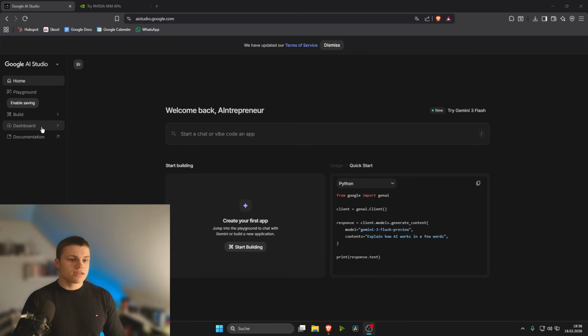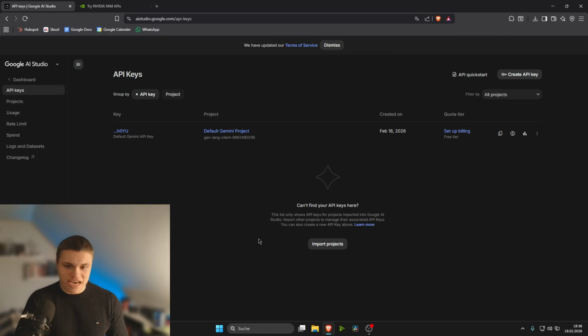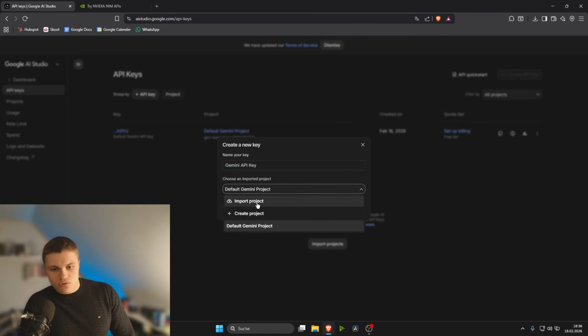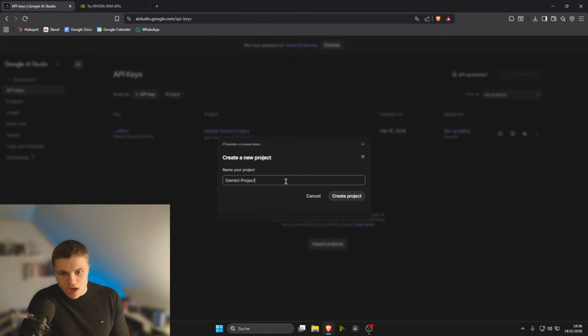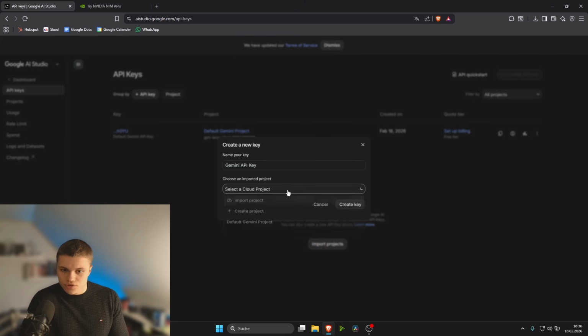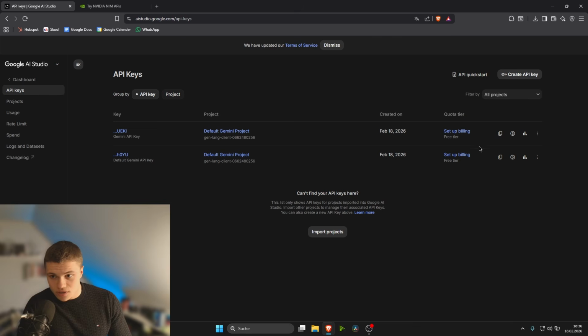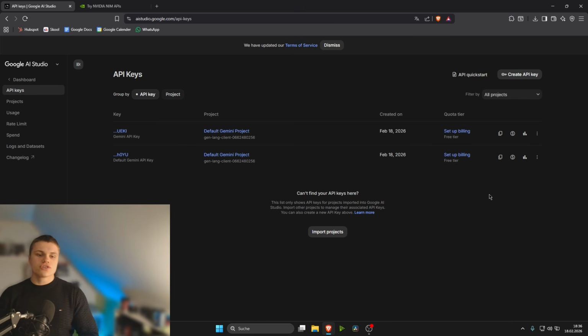aistudio.google.com, and in here we will go to the dashboard option and then just say create API key. We just create that API key. You can name it whatever you want to. Select a default project or create a new project, which would mean you have to create a new project. If we want to keep this entirely simple, then we just say the default Gemini project. We create the API key. We see our keys here, and we can just copy the API key and now use this in any of